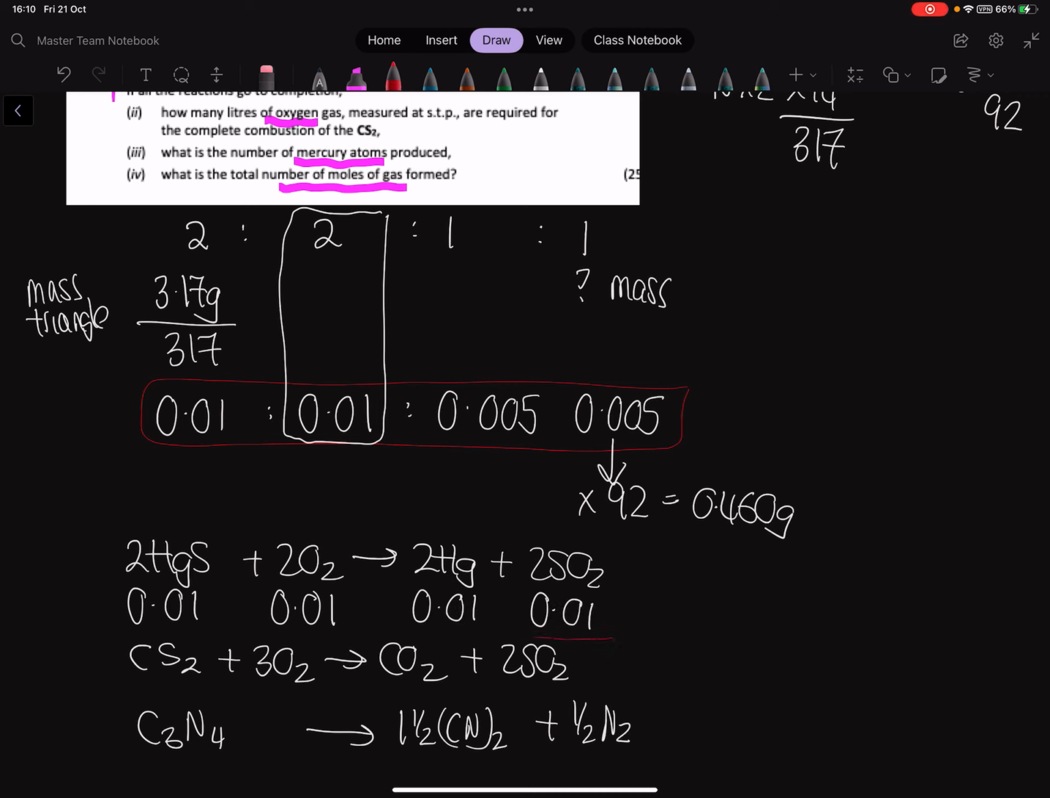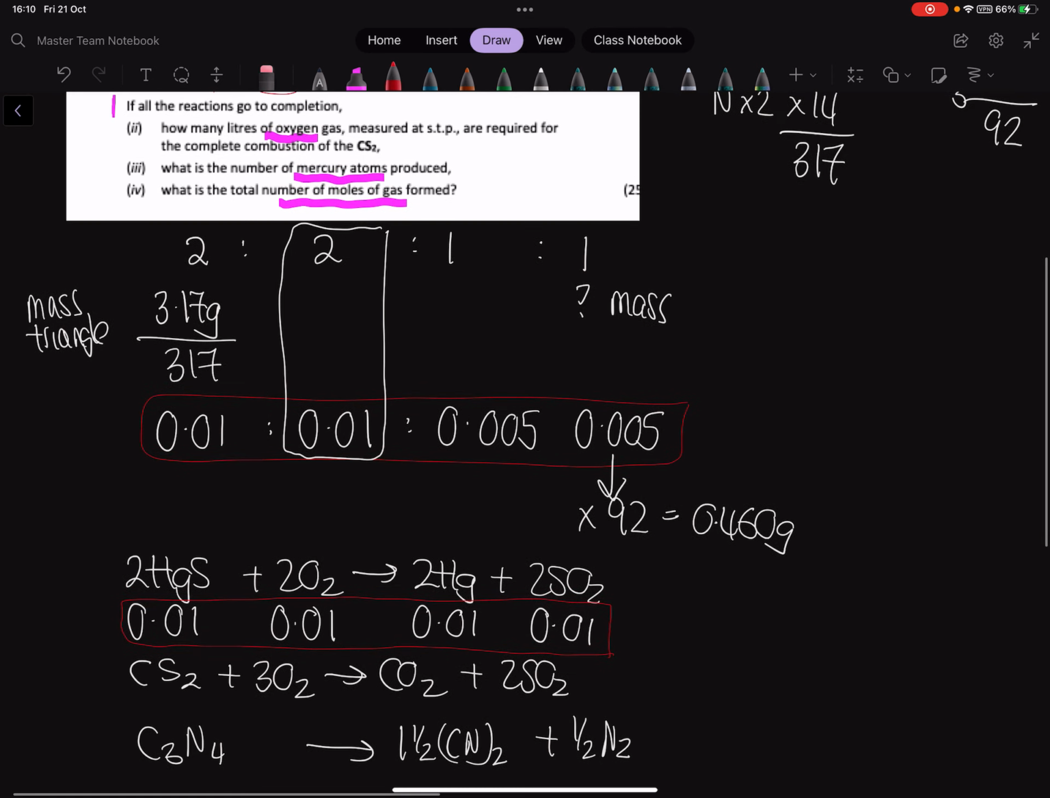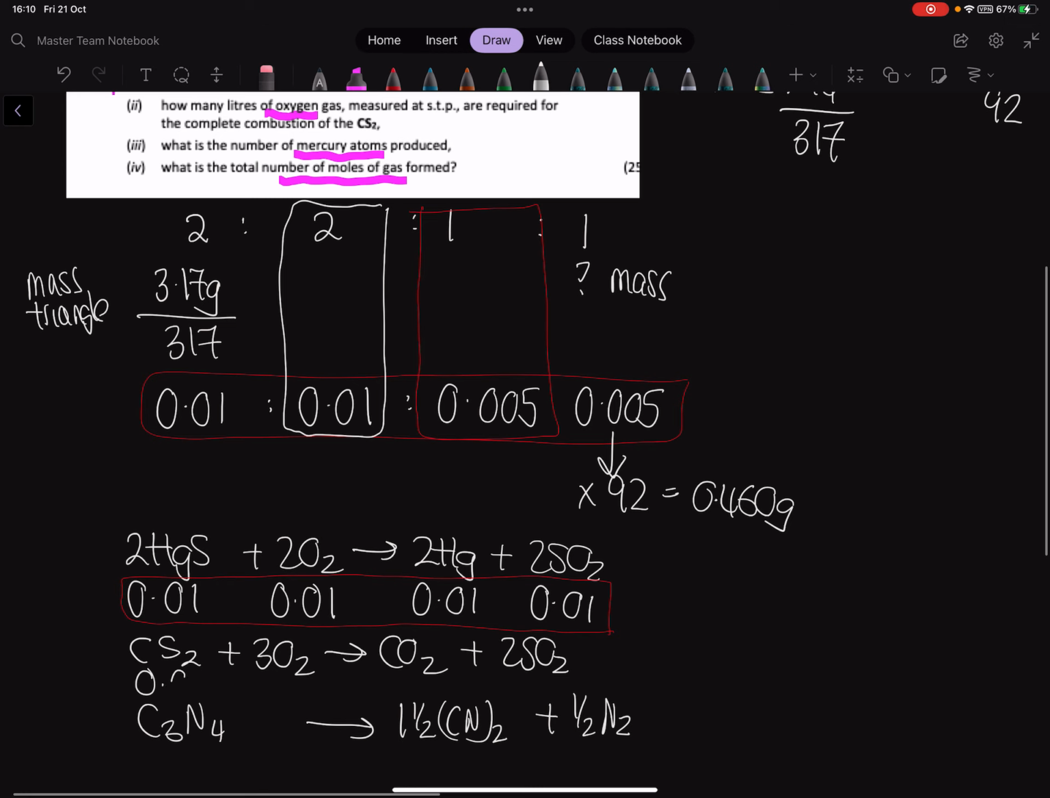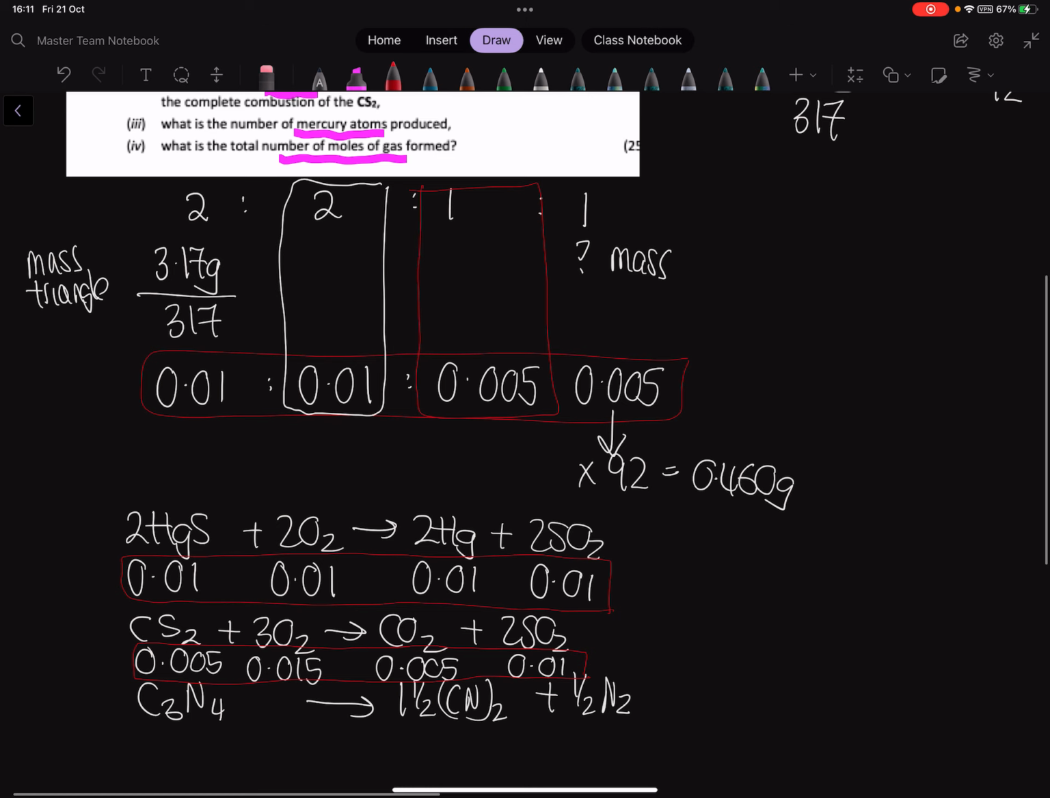So this becomes a red box that we're going to maybe need to do our maths. For our CS2, we are now at this part of our equation. So we now know that 1 CS2 is the equivalent of 0.005 moles. It must mean 3 of them is 0.015. Here we're back to 1 equivalent, 0.005, and here we have 2 equivalents, 0.01. Okay, so all we have done is we have related the products of equation 1 to the reactants in the